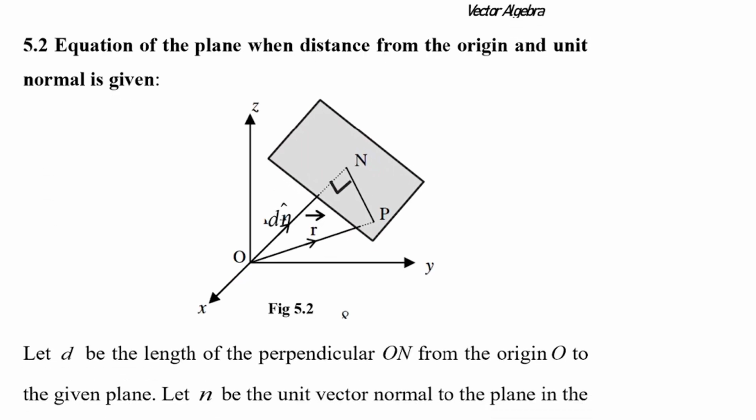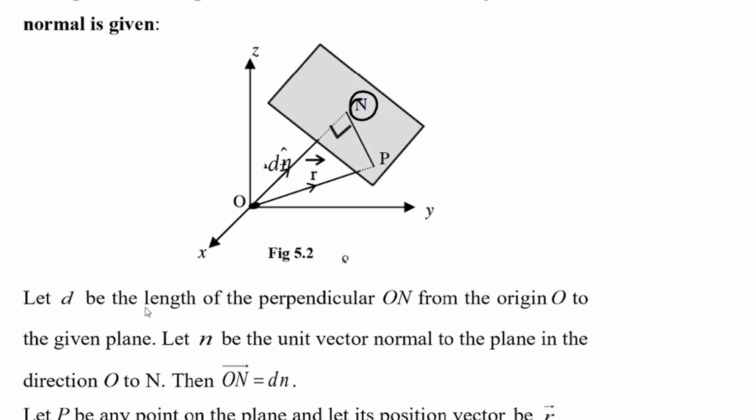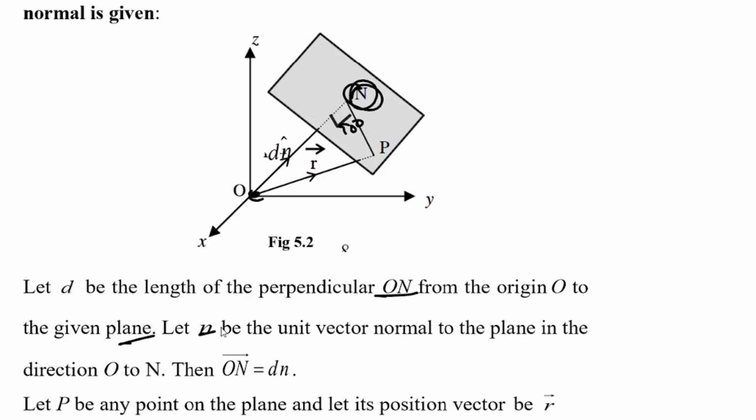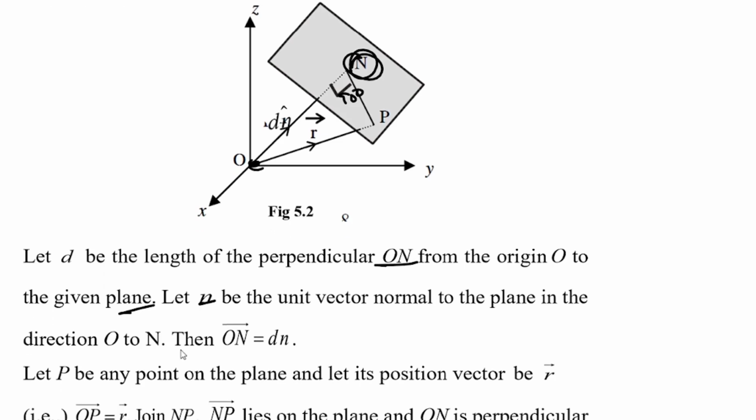Okay, equation of a plane when the distance from the origin and the unit normal is given. Now we are saying that if D is the length of the perpendicular ON, and this ON is perpendicular to the plane at 90 degrees, so ON from the origin O to the given plane. So if we let n be the unit vector which is normal to the plane in the direction of O to N, so there is n here, which is also normal to the plane, but in the direction of D,